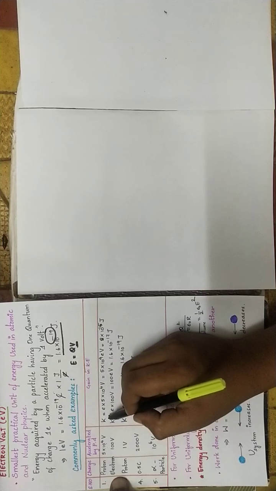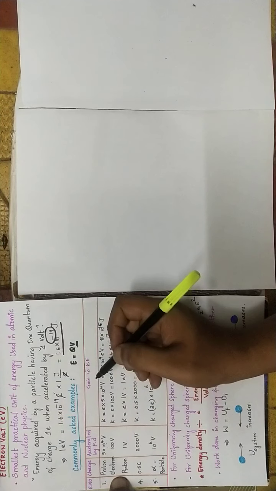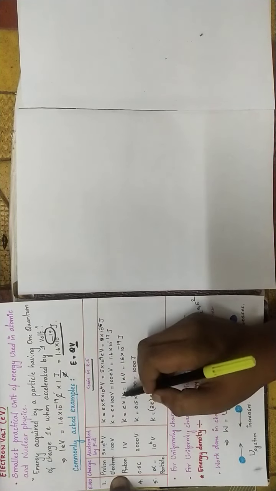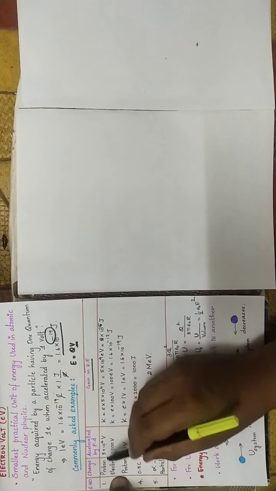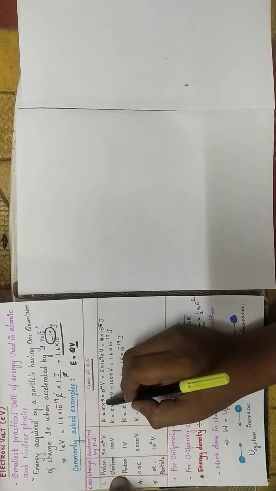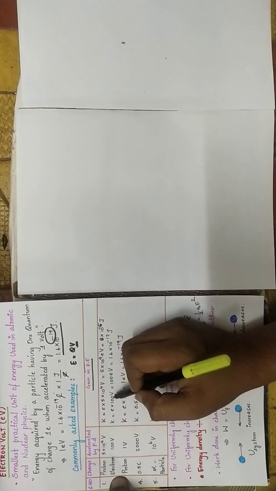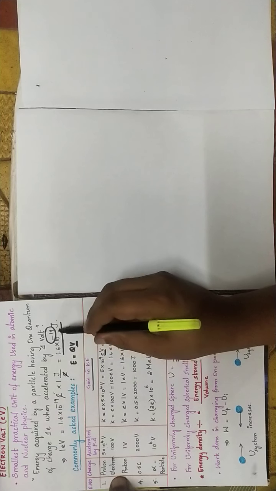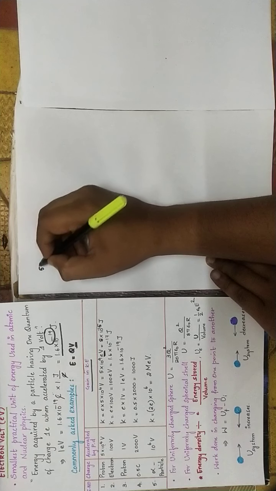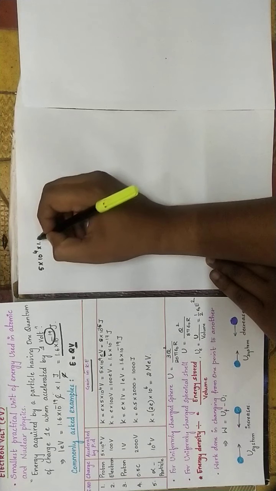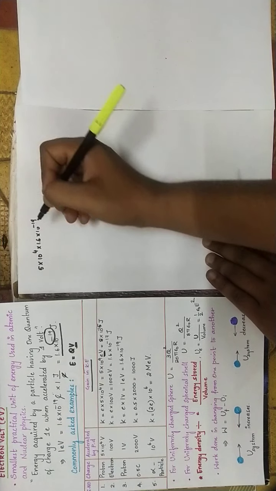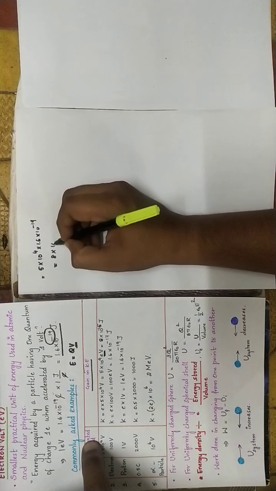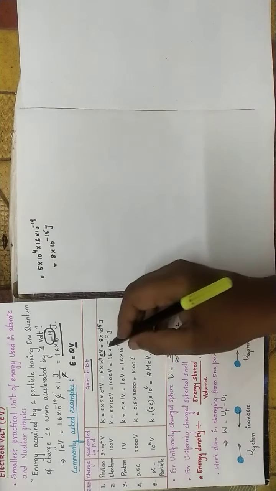Then what I need to find is the kinetic energy gained. When it is accelerated, obviously it gains kinetic energy, so they will ask what the gain in kinetic energy is. The proton has the quantum charge e, and e into V with V equal to 5 into 10 power 4 is 5 into 10 power 4 electron volt. Since 1 electron volt is 1.6 into 10 power minus 19 joule, I need to multiply 5 into 10 power 4 into 1.6 into 10 power minus 19. When I multiply, I get 8 into 10 power minus 15 joules. That is the answer here.